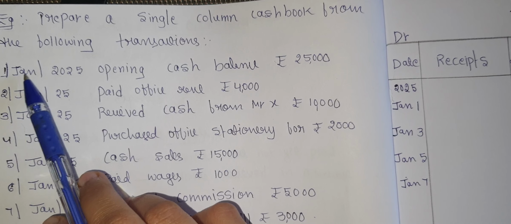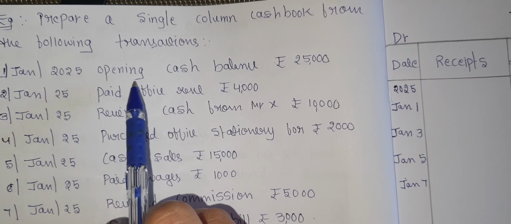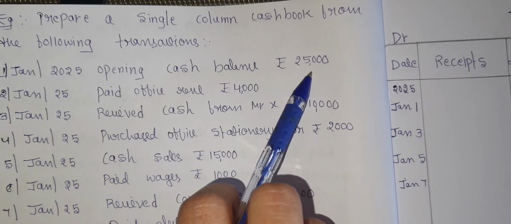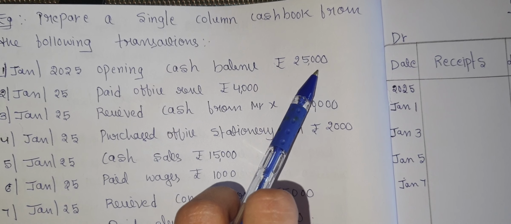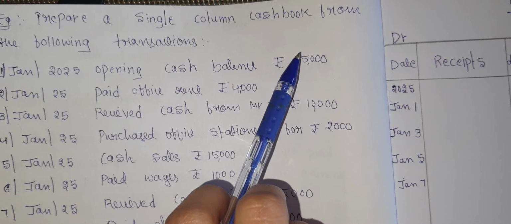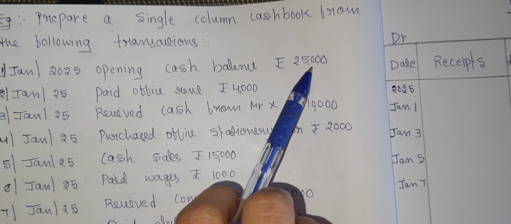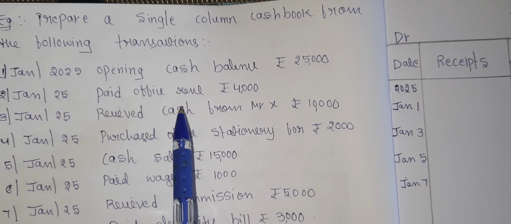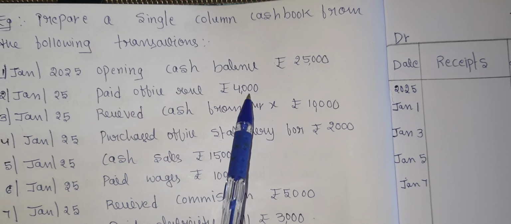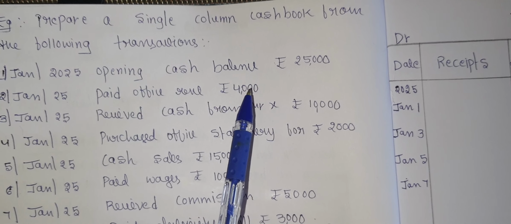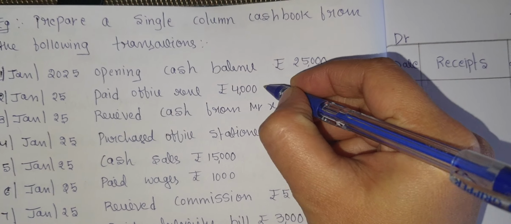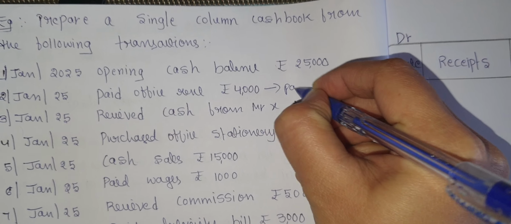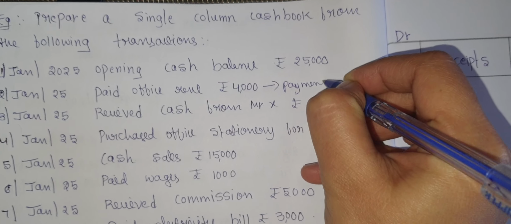First one, 1st Jan 2025 opening cash balance, that is rupees 25,000, means balance brought down, that is rupees 25,000. And 2nd Jan 25 paid office rent, that is rupees 4,000 paid, means it comes under payment,